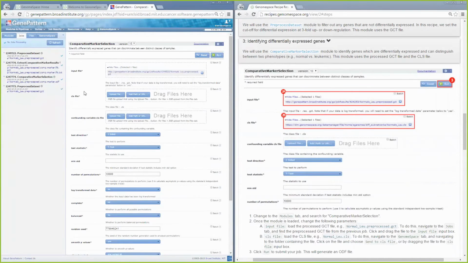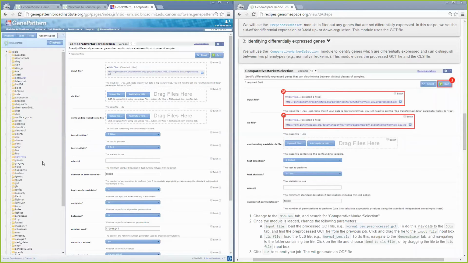And then the next file is the CLS file, which I know because reading through this, I know that this will be in GenomeSpace. So now I can click on the GenomeSpace tab, I can click on Public. I have to scroll down to find recipe data.